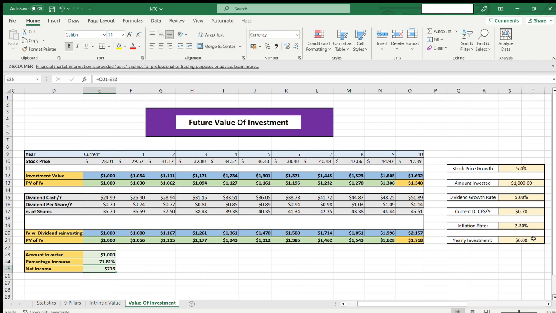Now, say we were to invest $250 every single year. Although this would push your percentage increase down, it would raise the present value of your invested cash, and it would also raise your net income to